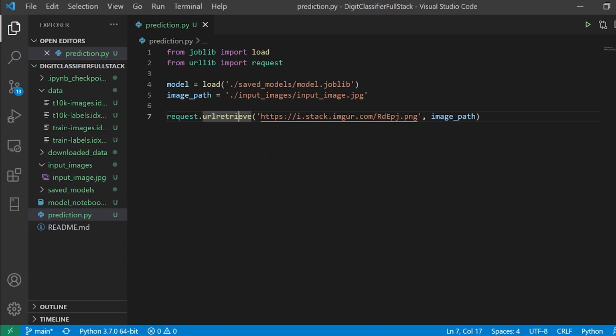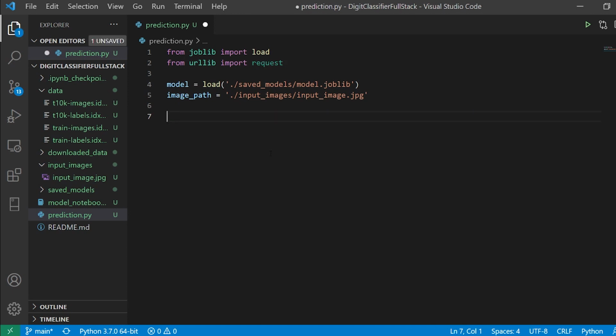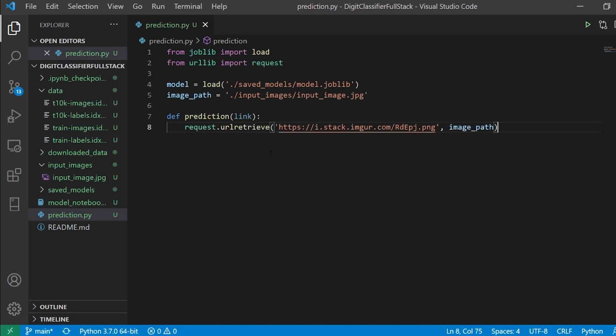The first thing is, I'll put this entire thing into a function and make this dynamic. So I'm going to say def prediction. Prediction is the name of my function, where I'm going to feed it my link, the link of the image, and this comes over here. So this is sorted, and now I'll just get rid of this link. I don't require this link anymore, so here I'm going to say link. So link is dynamic and image path is going to be static.